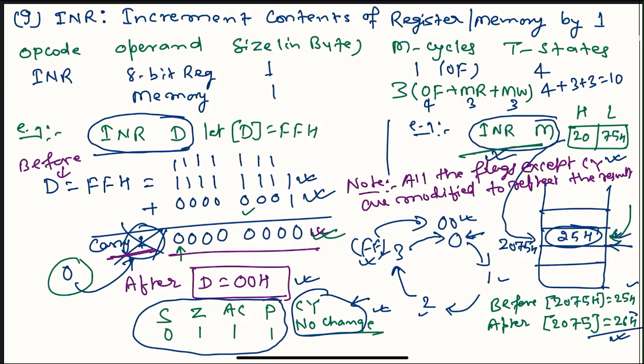While doing this calculation also, if any carry is generated, we have to discard that. So I hope you have clarity about how to get the machine cycle for INR D and INR M, and how they differ with respect to machine cycles and T states as well as their functionality. I hope you understand all these points in a better manner. So thank you for